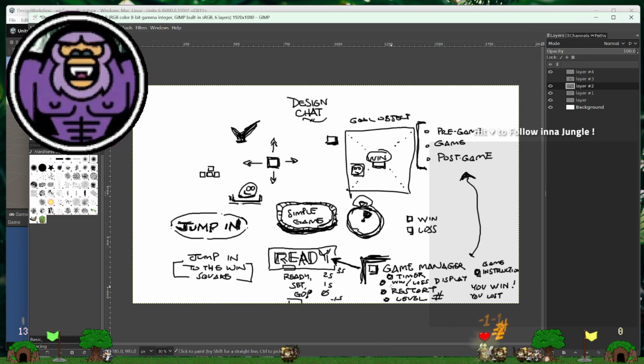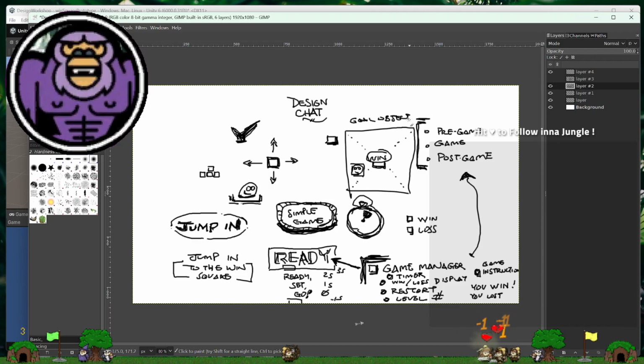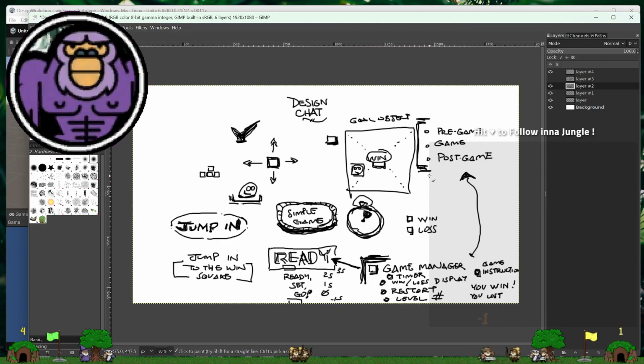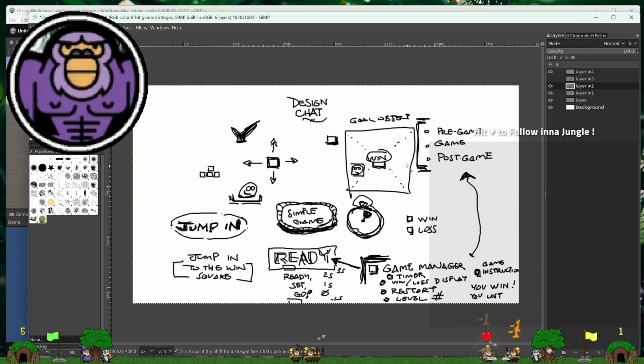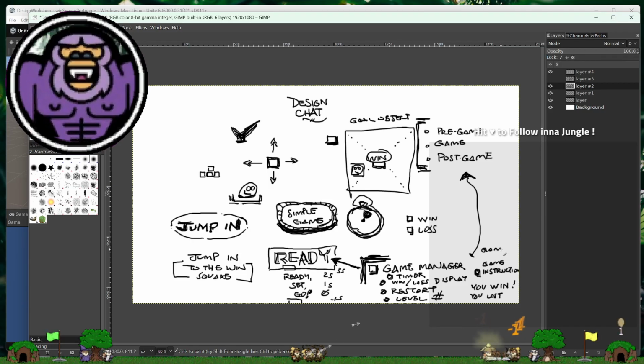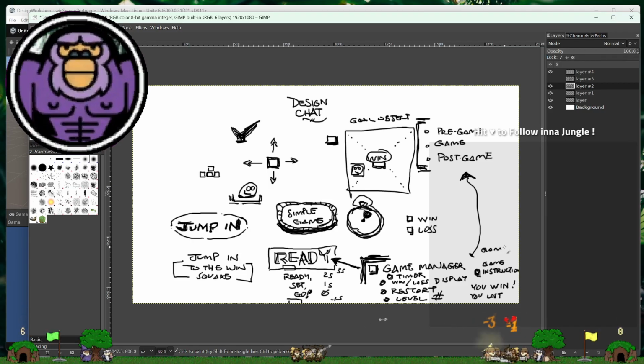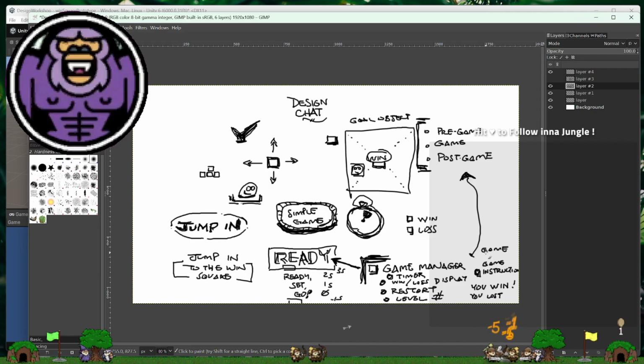This frees us up to say the win square might need to be improved, and we might need to add things to the win square. If it was full of all kinds of stuff, that would be harder. Instead, we're saying actually, the win square doesn't need to handle the state of the game. That could be the game manager's job.